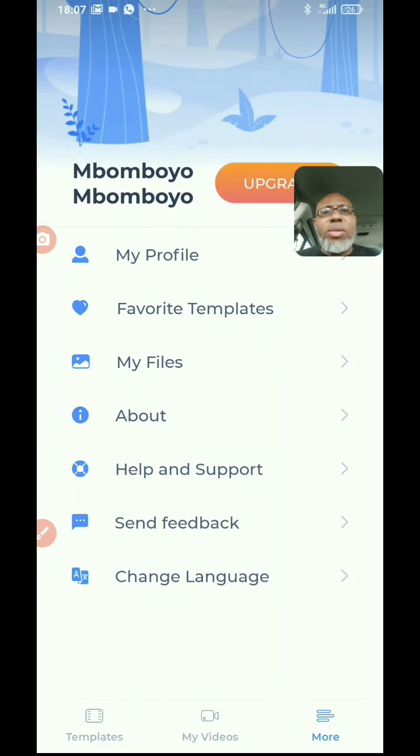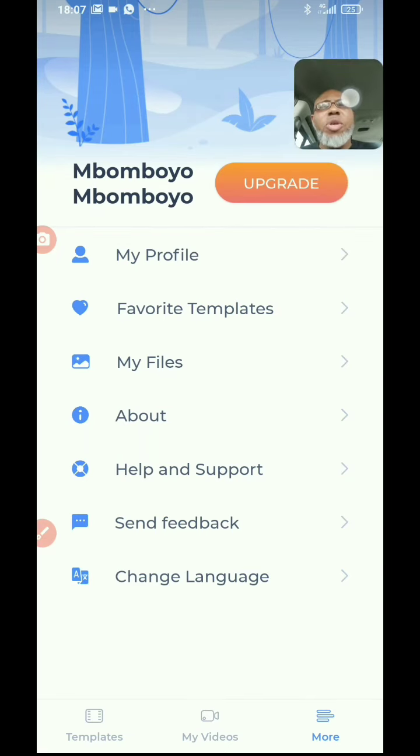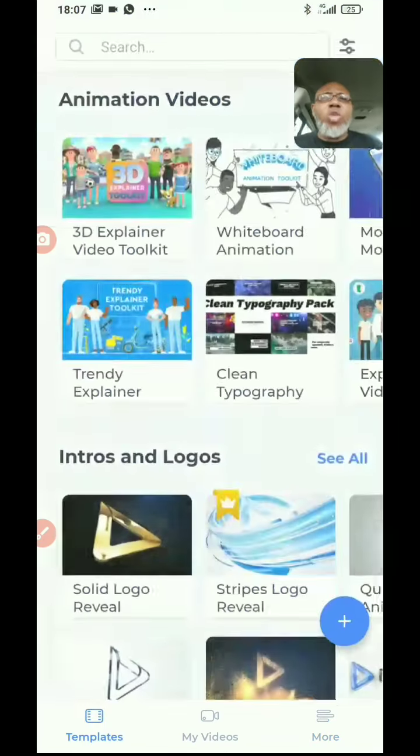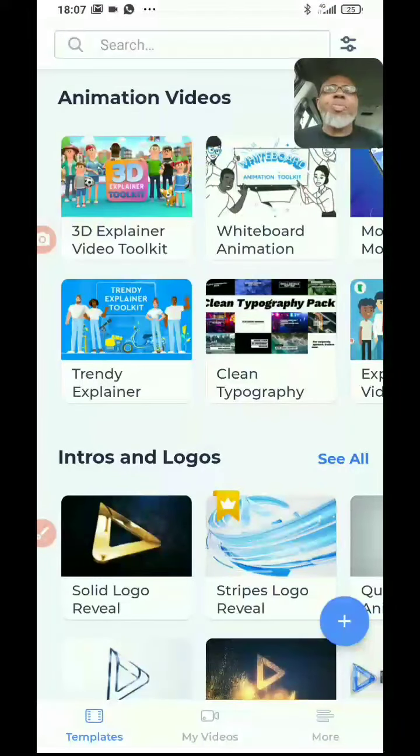You can work on your profile, you can upgrade. If you are using the free version of RenderForest, you can afford to upgrade and select the different packages they have. You have features here, self-explanatory. So let's move on. Today we are going to be creating a very simple